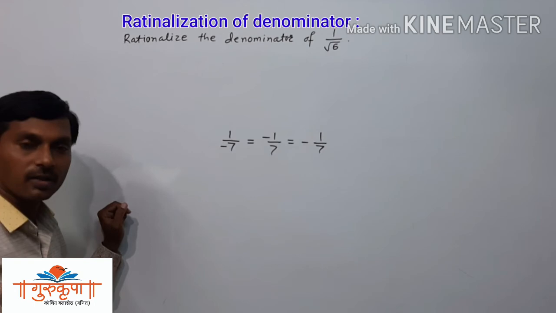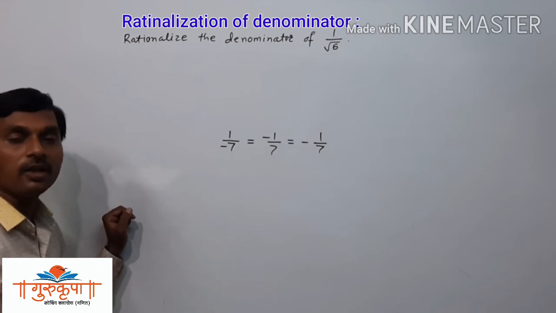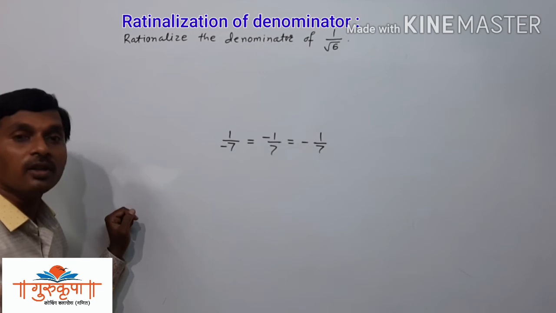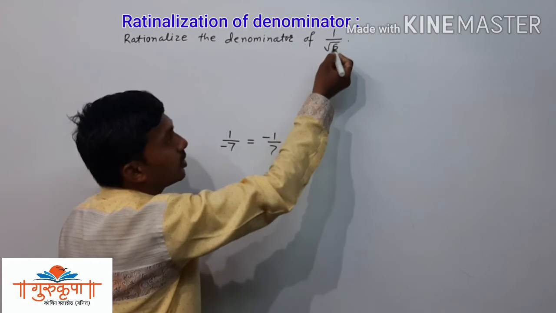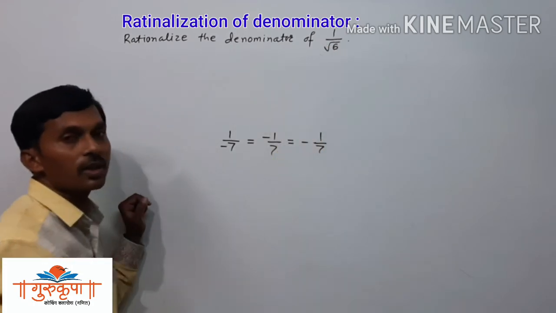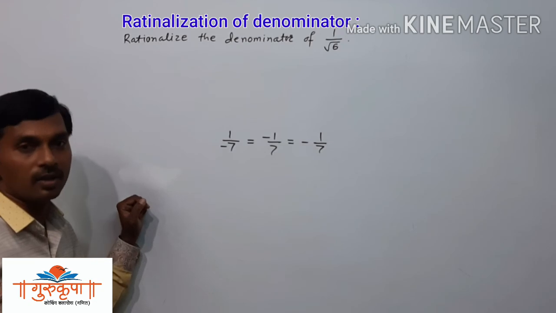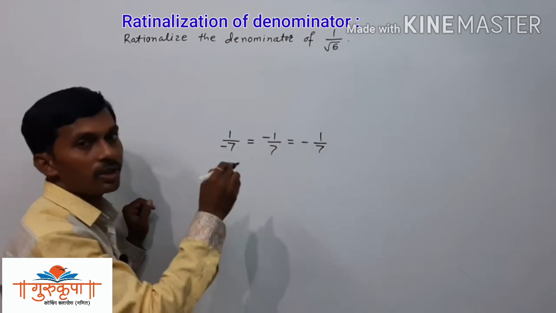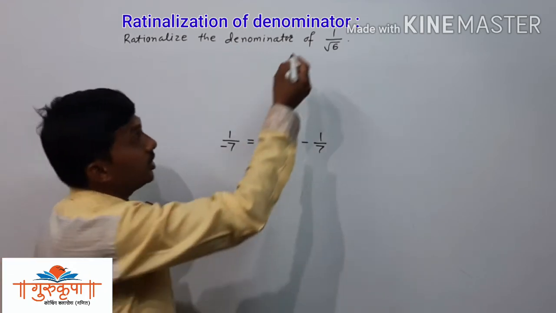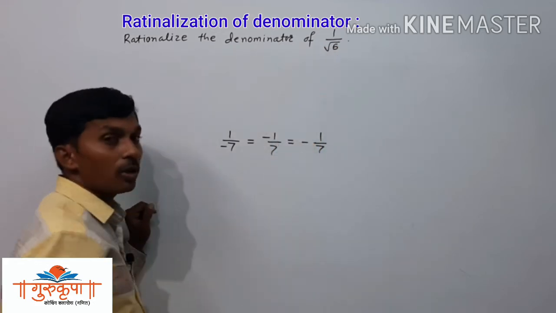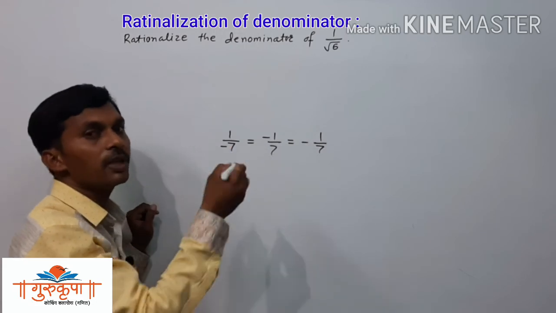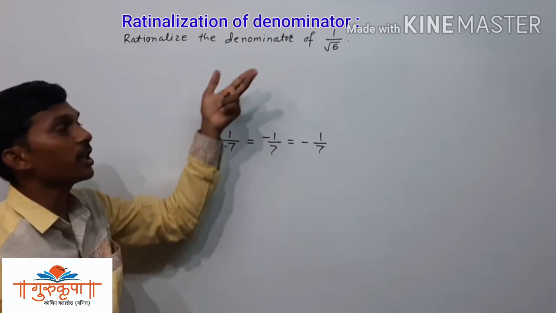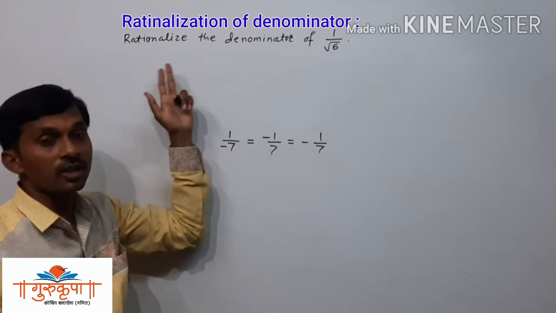Like that, here we have one more rule, that the denominator of any number should never be irrational. कुठल्याही नंबरचा जो डिनॉमिनेटर आहे तो इरॅशनल नसावा, असा एक अलिखित नियम आहे. Here we have a rule which is not written in the textbook, that the denominator of any number should not be irrational, and if it is irrational then we have to make it rational. And how to make it rational?